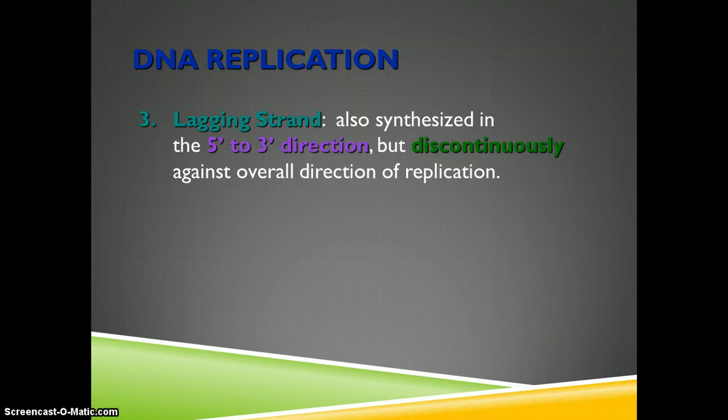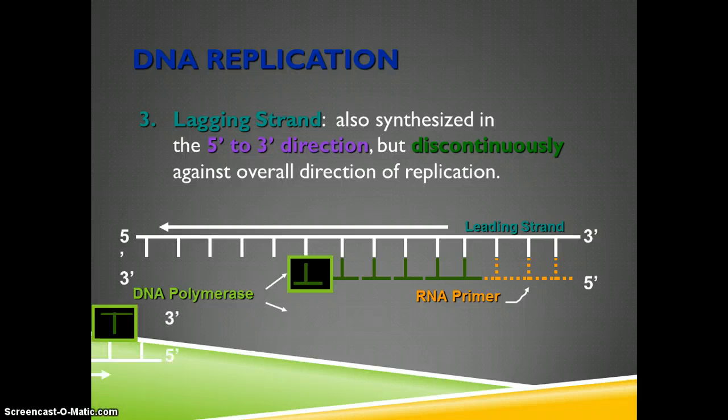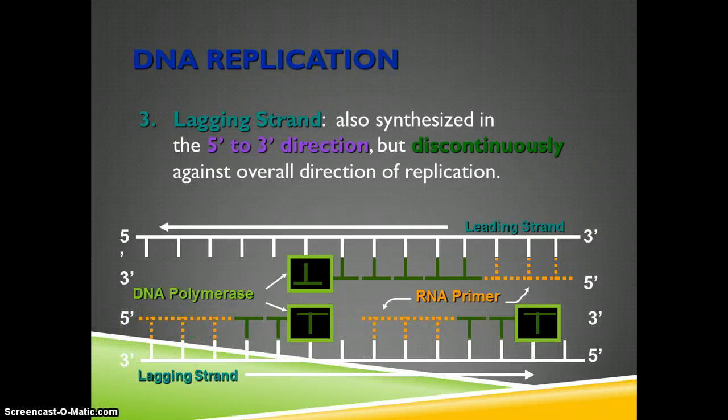In this picture, imagine the replication fork is on the left side of the screen. The bottom strand of DNA is made of new bases, so there's no problem adding bases in the 5' to 3' direction. On the lagging strand,